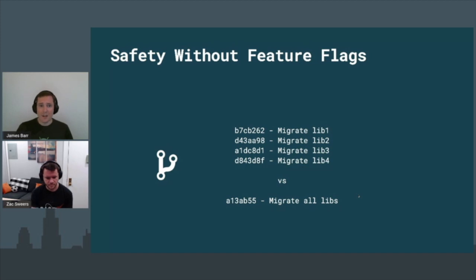This also reduces the chance that you'll need to revert the entire change after getting it in. Another thing you can consider is using multiple commits versus a single commit to make this change. If you do multiple commits, you'll have the chance to revert just a portion of the change, but you also might need to split up the change just to fit it through your CI pipeline, depending on your limits. On the other hand, if you have a monorepo, you might be forced to just make a single commit,